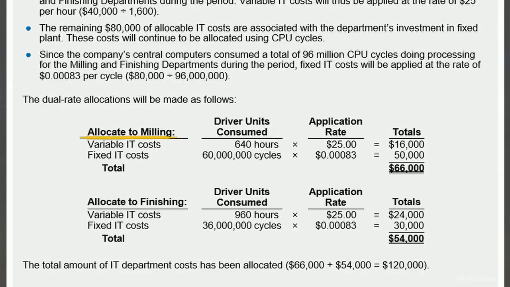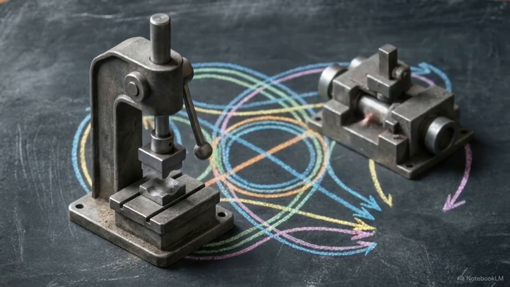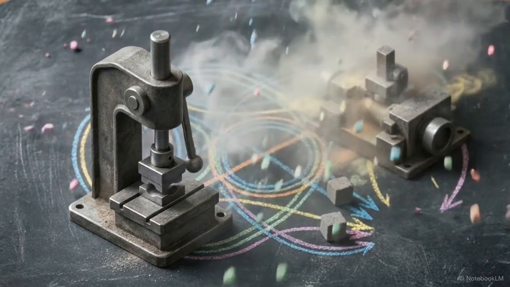This table details the dual rate method, decoupling cost behavior. In the allocation to milling, variable IT costs are driven by actual short-term usage, measured in technician hours, while the fixed investment is allocated separately based on long-term capacity, measured by CPU cycles. Isolating these drivers ensures a production line absorbs only its calculated share of fixed overhead, protecting its margins when variable